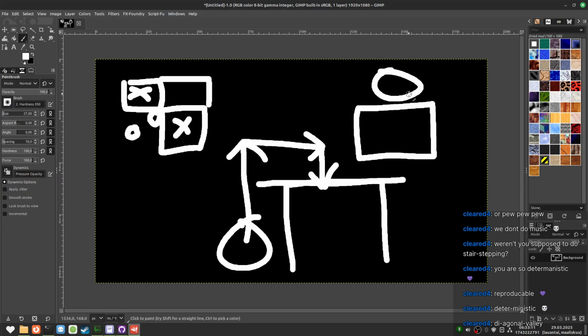We don't want to directly do stuff inside of the movement function. That's a bad idea. Because, well, unless I do a boolean. For the stair stepping, these are just arbitrary movements.